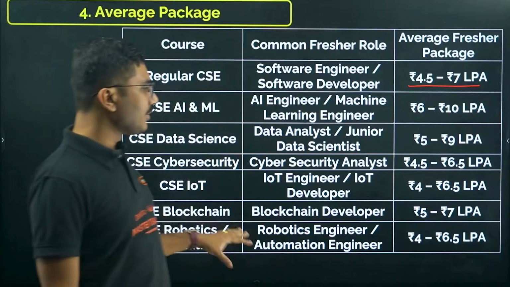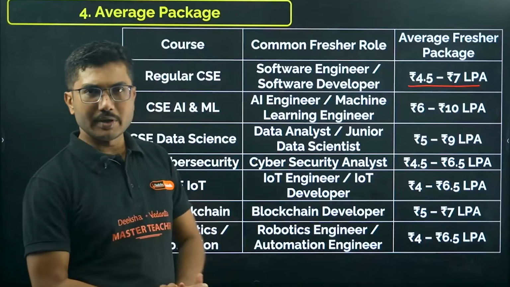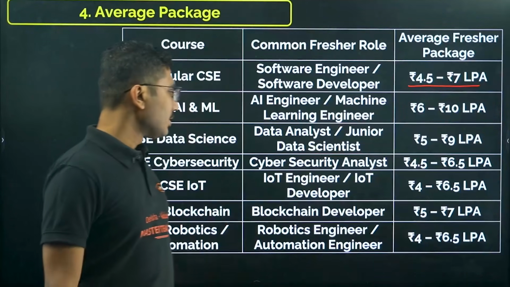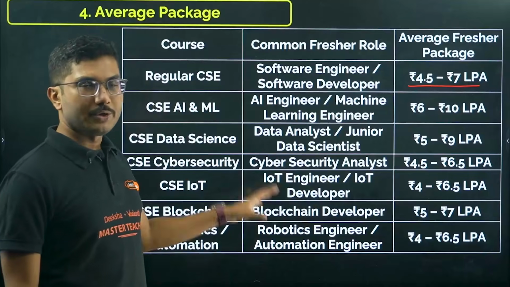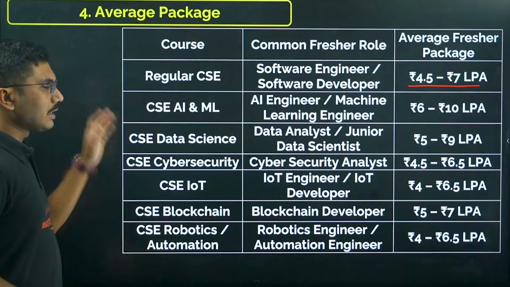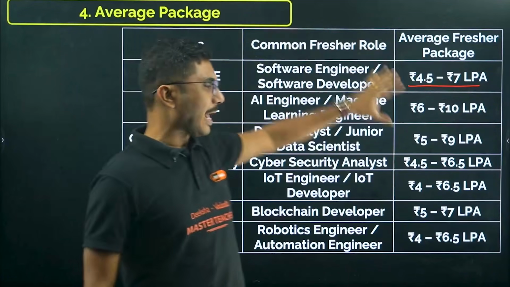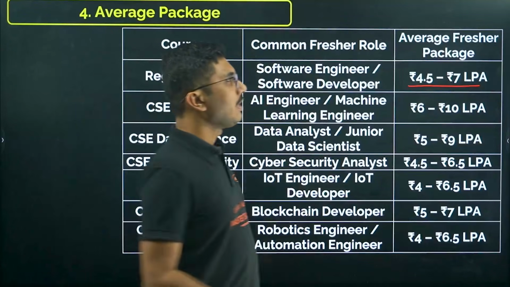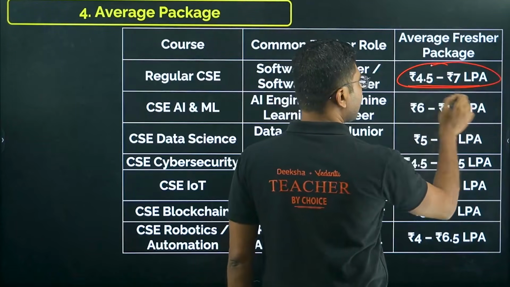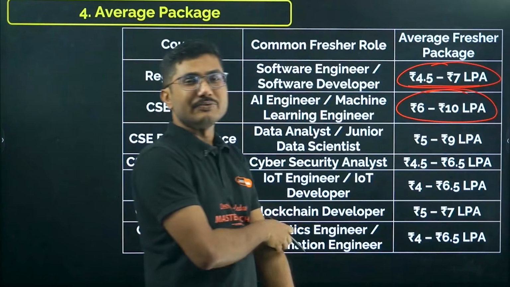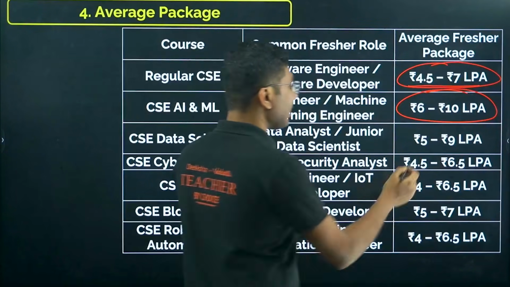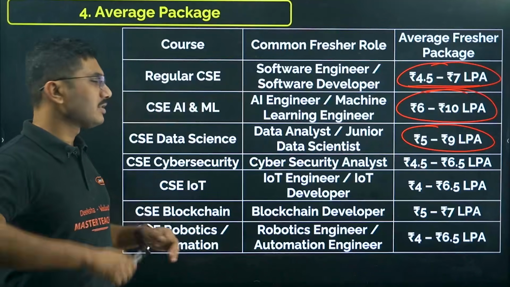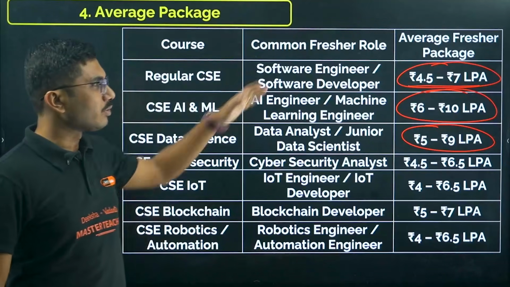Robotics and automation engineer can expect 4 to 6.5 LPA. Again, not very high, not very low. On an average, it's a good pay package. Okay, so robotics engineer, automation engineer will be your job profiles. Okay, so these are the basic average packages. Obviously, this is a starter package. As you progress, for example, software developers, AI/ML engineers, their salaries will be very high. Data scientists as well, the package will be very high. For the rest of the specializations, growth is slightly slower compared to the top 3.